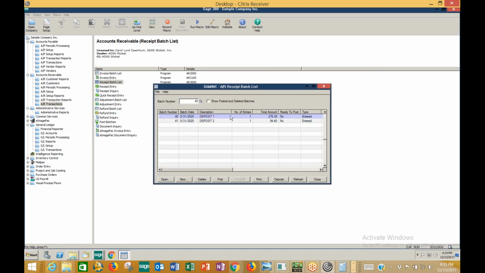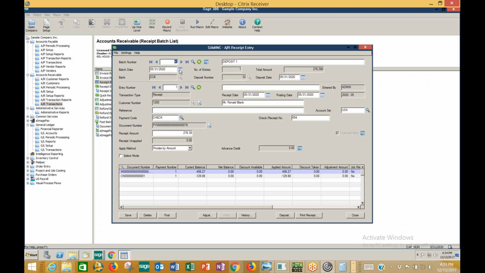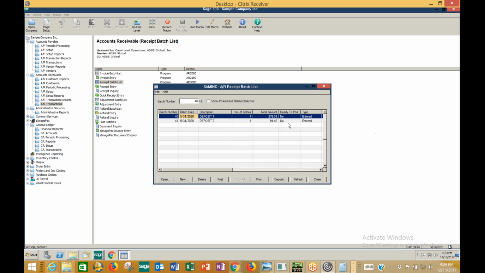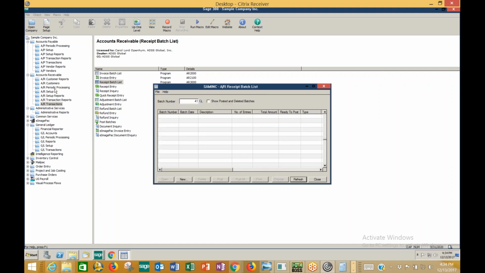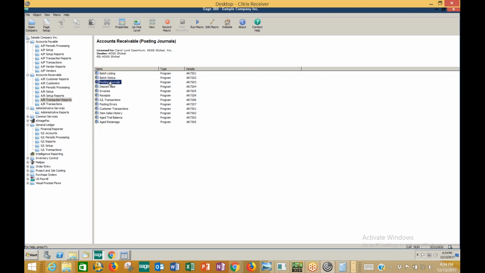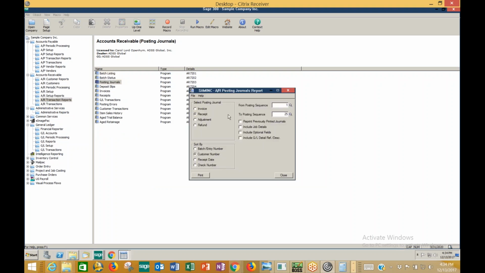Now, if I look at these deposits, you can see that this is deposit 32, and here's the date, and then 41. This is deposit 33. So they are separated. But if I double click here, okay, I'm ready to post both of them. If I hit post all, it's going to post both of them. So, all right, so now we have posting sequence 25. So if I go out to my transaction reports and I do a posting journal and I choose receipt, posting sequence 25,